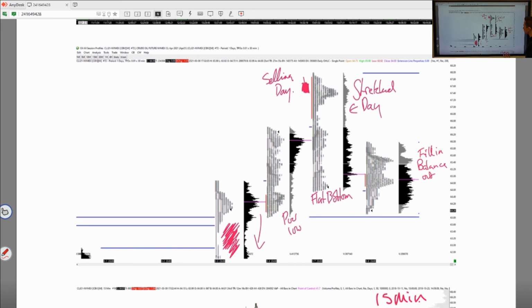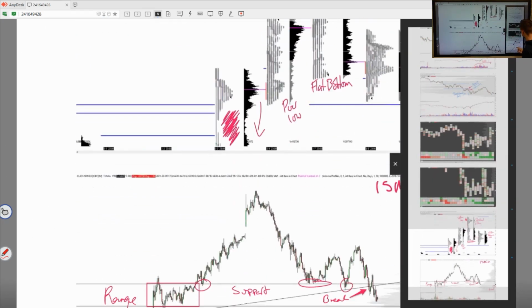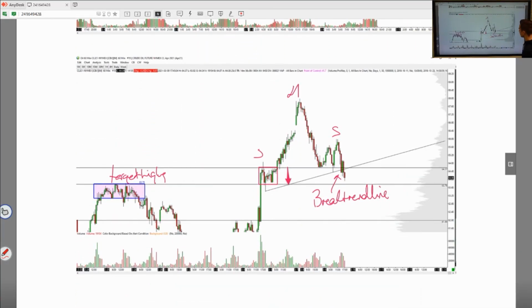So I'm really trying to piece this idea together, and then throughout the day you just try and develop it. It ended up pretty much not working. I felt like it was going to. Price action was really good. And now I'll quickly go to what the hour looks like, and then I'll go into what a 15 looks like, because 15 looks a bit nicer. So